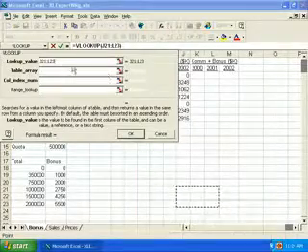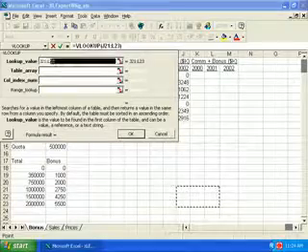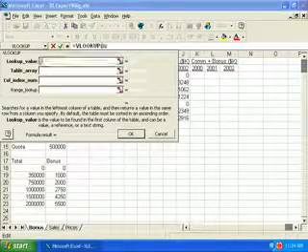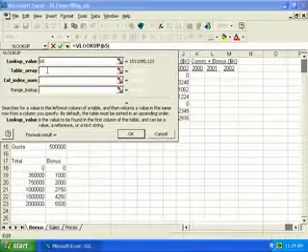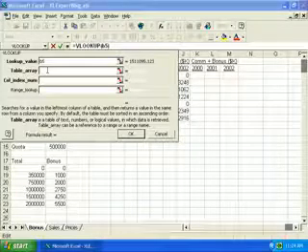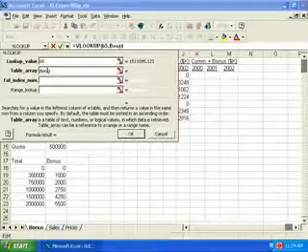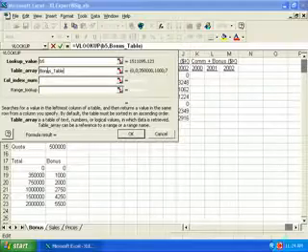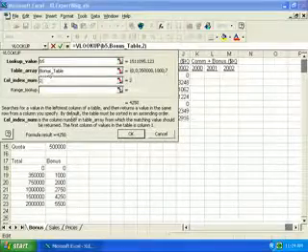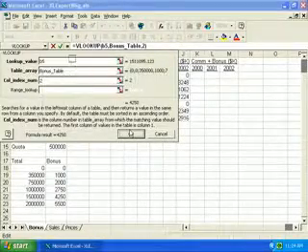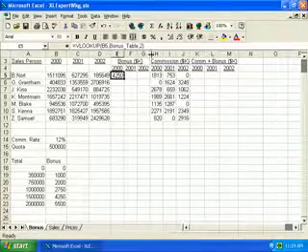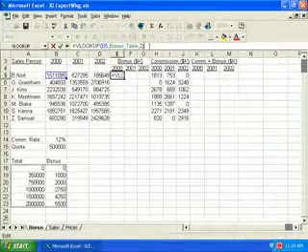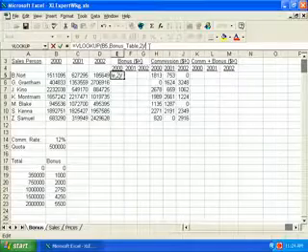And let's select or type in B5 in the first box, and then tab and type in bonus underscore table as the table array, and then we'll tab to the column index number and type 2 and then click OK. And then we want to add divide by 1000 to the end of the formula,